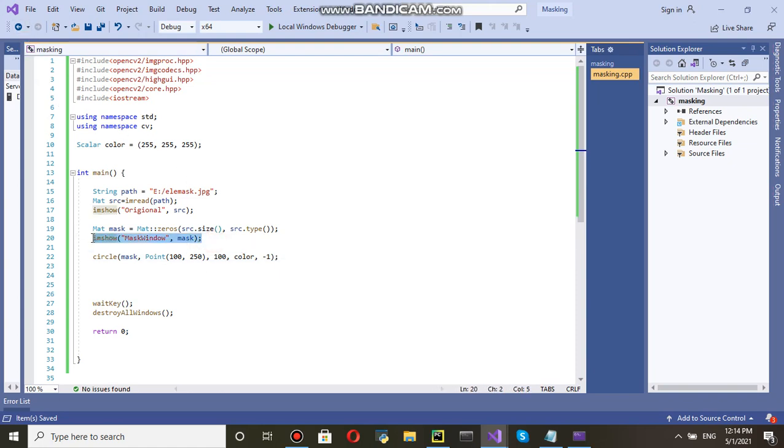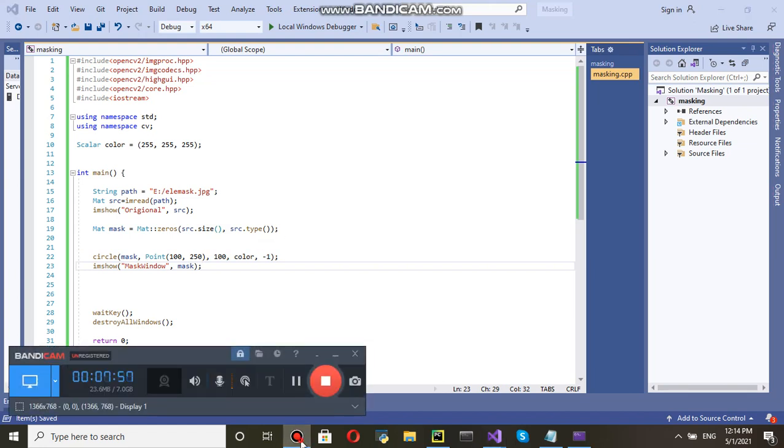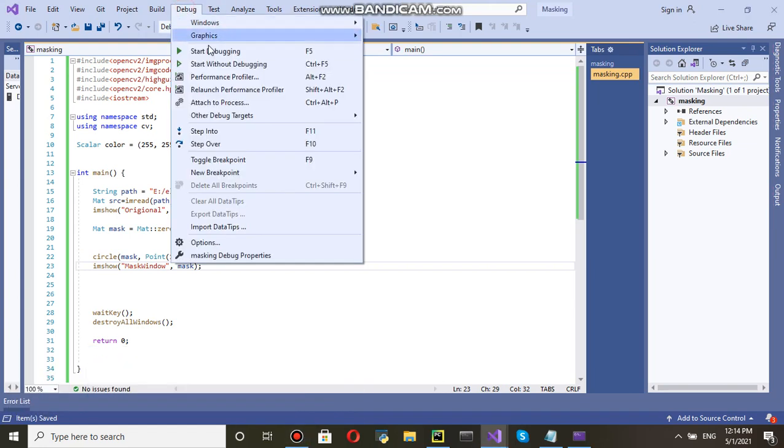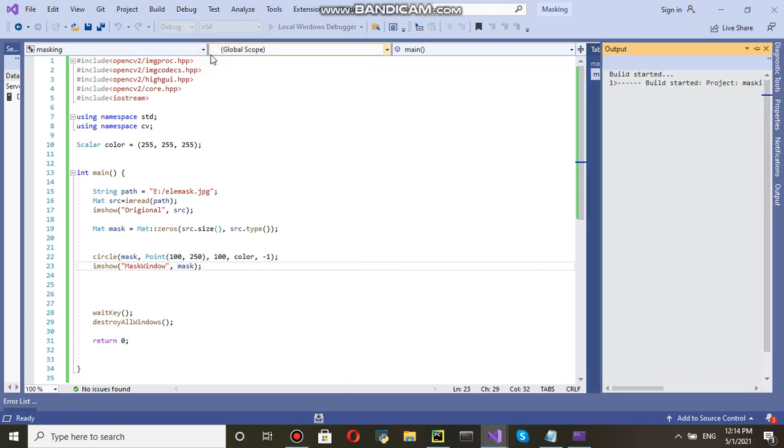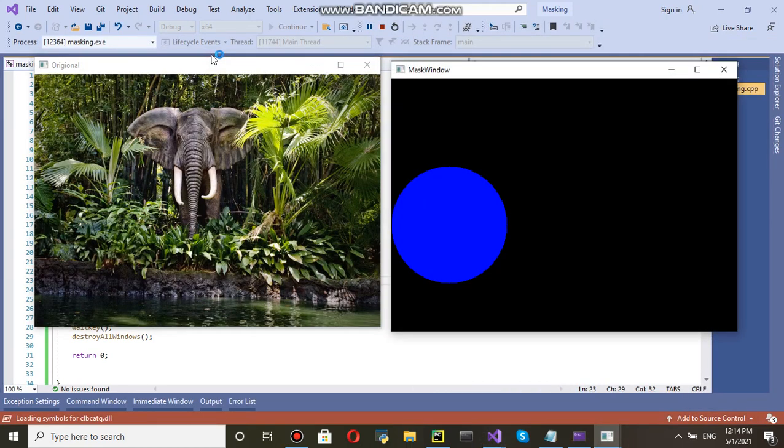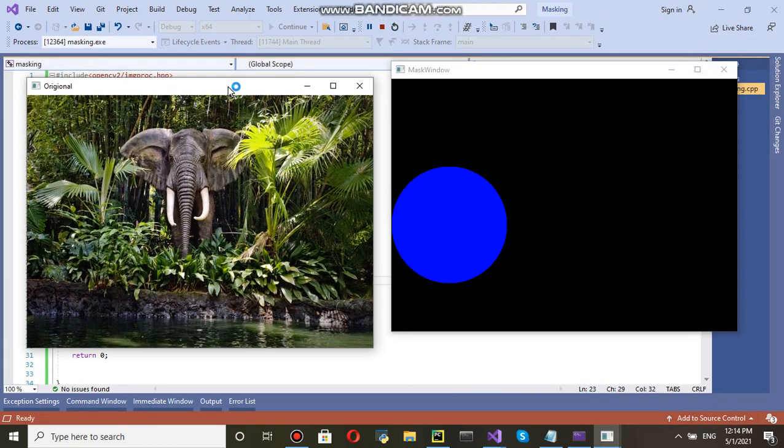Now I am going to cut this and paste it here. Control V and Control S. Now we run this and see the mask coming. Here you can see this is the original and this is the mask window.